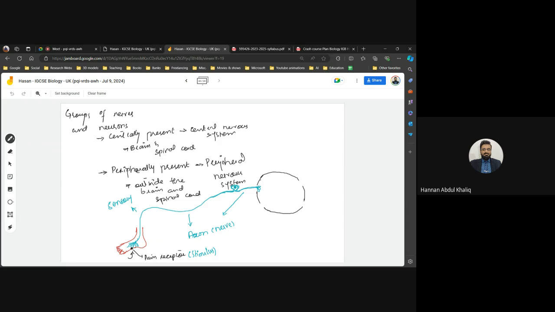Why can I say that? Number one, it is attached to the receptor. It is attached to my senses. One point, if a neuron is attached to my senses, it is a sensory neuron. Second, it has a cell body on the side, so it means that it is 100% a sensory neuron. Now, this sensory neuron has reached